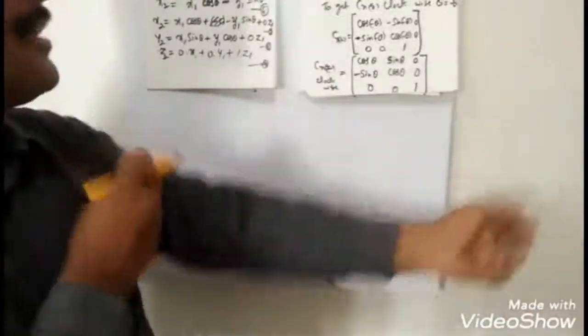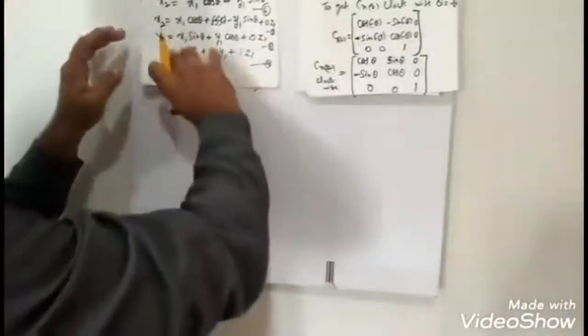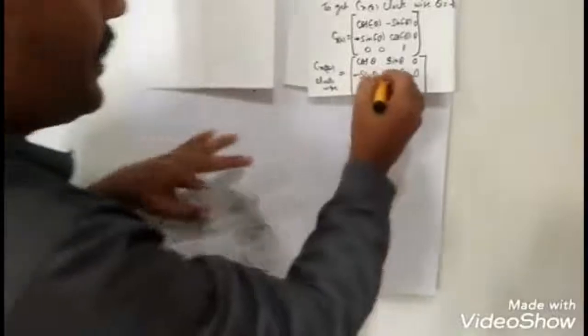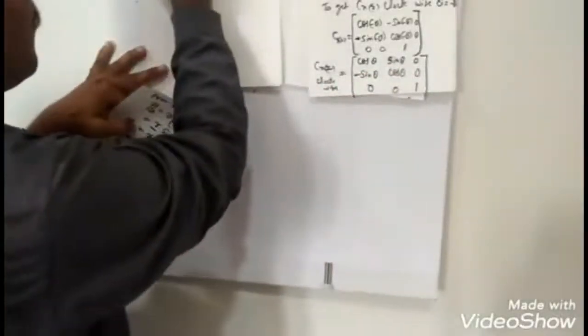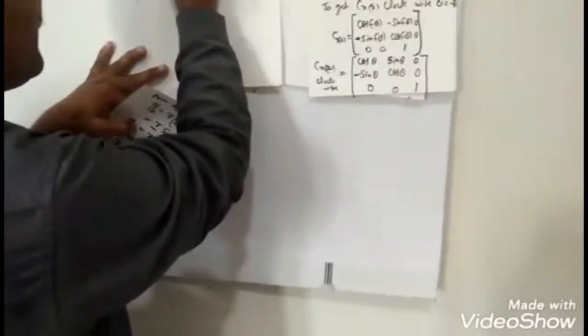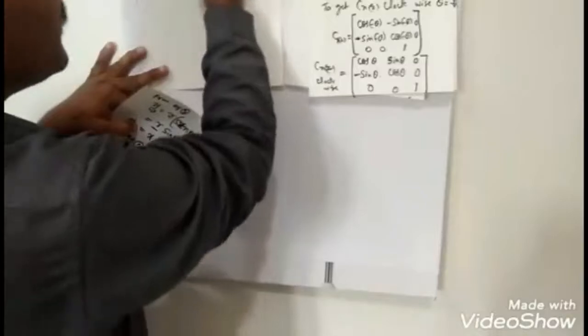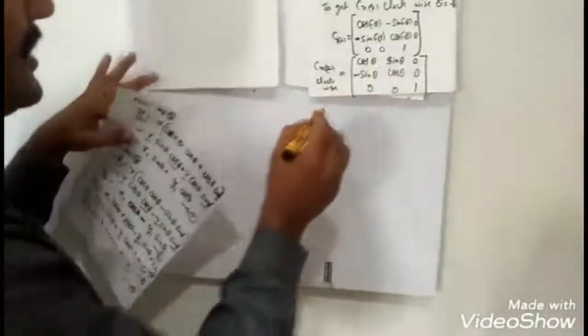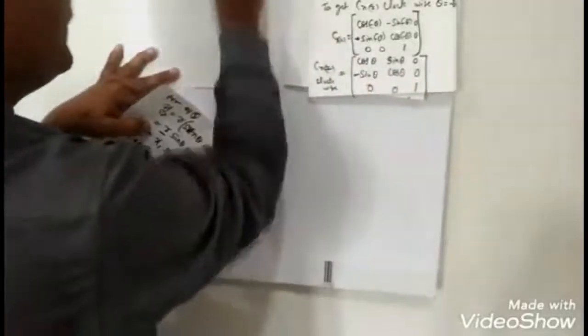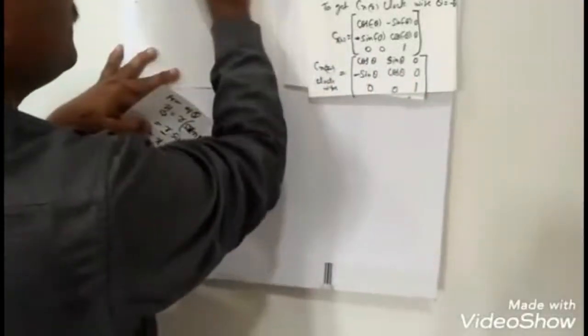Okay, that means the rotation is performed in the y-axis. So there is no need to derive again based on this derivation. In this case the y coordinate system will change. How will it change? Only the CNY matrix is equal to, here you get the, where is the change here? The change is the 1 here, and here it is 0, 0, 0 and 0 here. So this is what is in the CNY.